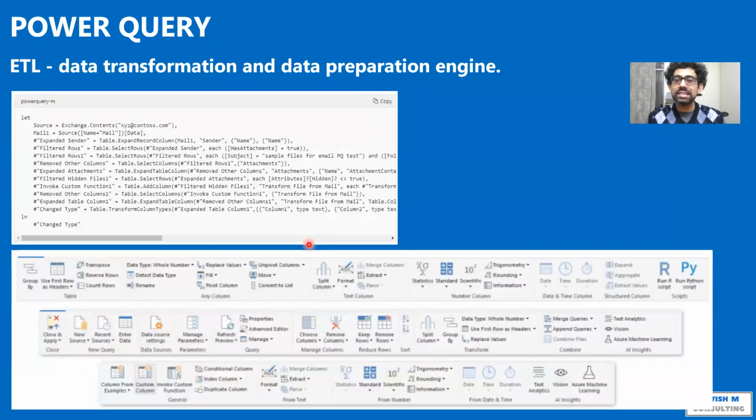Now, Power Query is the ETL engine. That means it allows you to transform, prepare, do data wrangling like you do on Pandas and NumPy and on Tidyverse and ggplot, similar to that. The language that it follows is a very different language. It's called M Query. It has nothing to do with Excel, but it works on Excel, right? So if you think about it, Excel has three languages. We have Visual Basic, we have TypeScript and JavaScript, and we have Power Query.